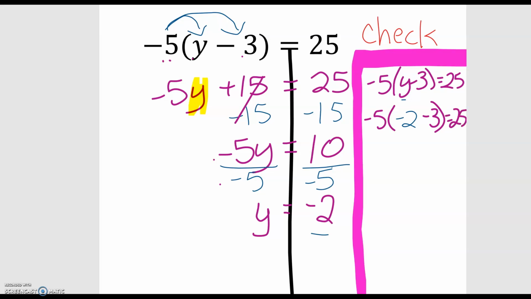The order of operations, since I just have numbers inside my parentheses, I can go ahead and combine that first. So -2 minus 3 is going to be -5. And then -5 times -5, since it's negative times a negative, that's going to give us a positive answer. 5 times 5 is 25, so we get 25 is equal to 25, which is a true statement, so we know that yes, this is the correct answer. Y is equal